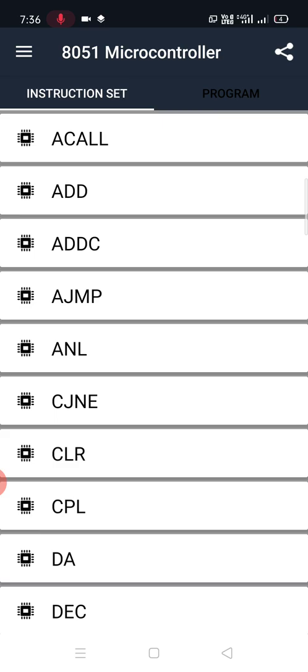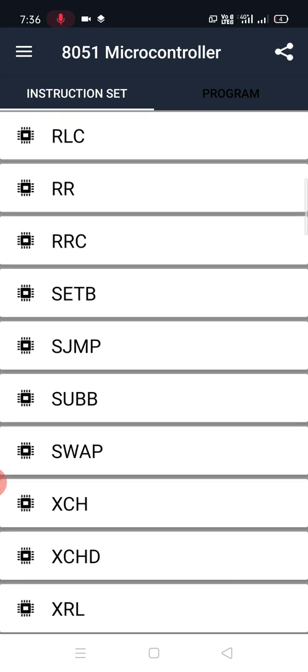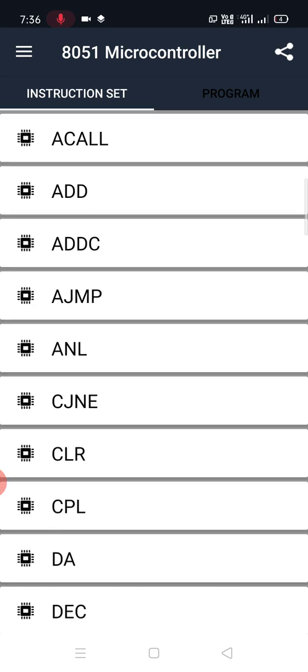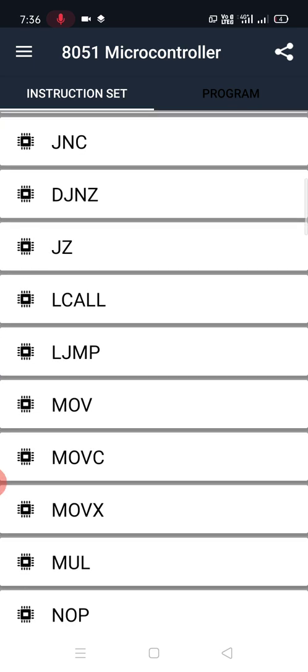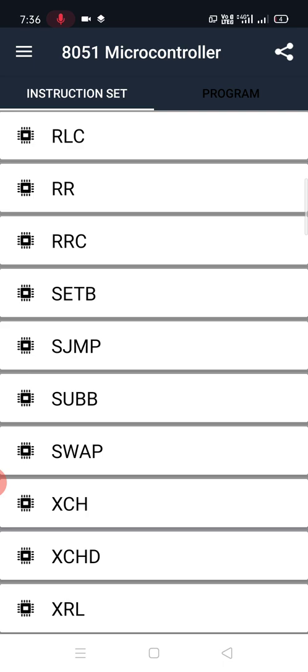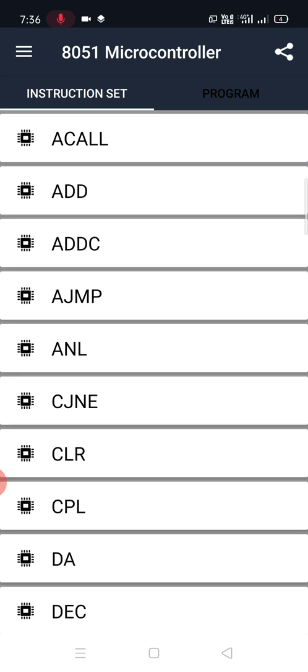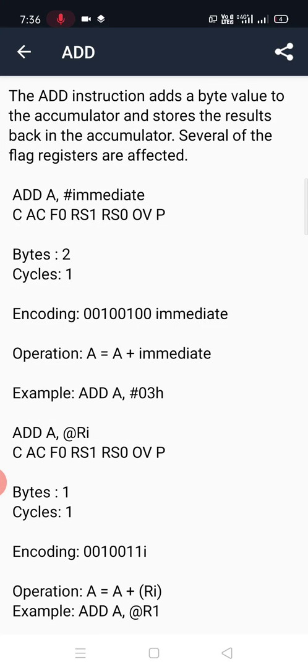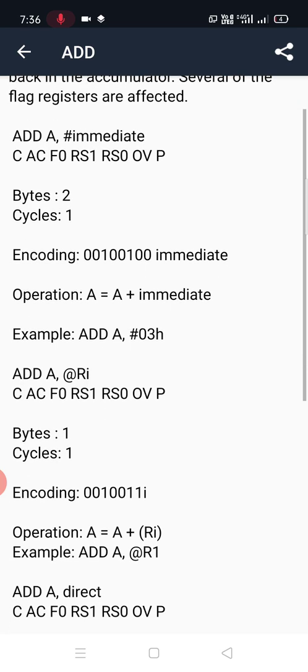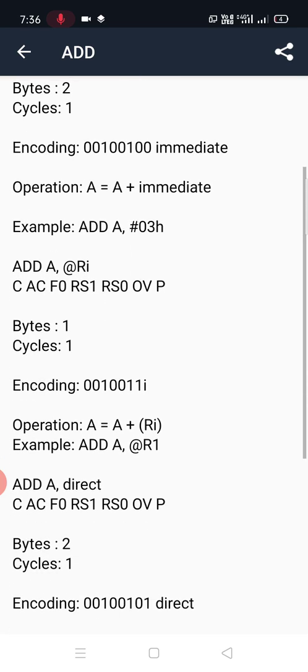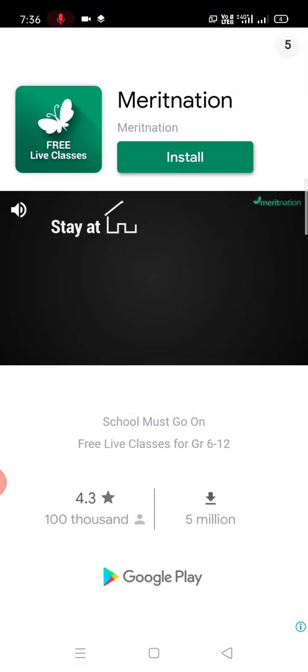Arithmetic and logical instructions, data transfer instructions, and branching instructions are listed here. Each instruction gives a brief introduction, the size of the instruction, some syntax, and a few examples are also shown in this window.